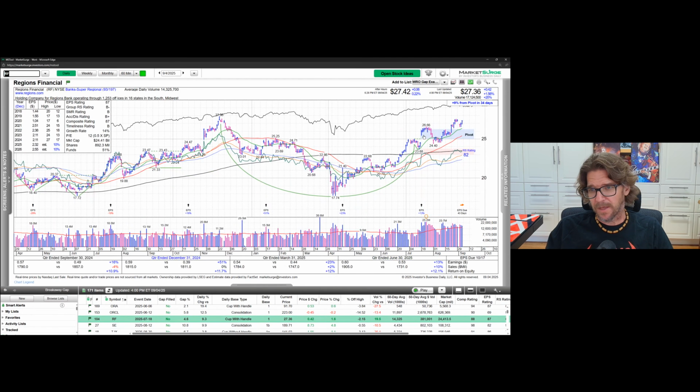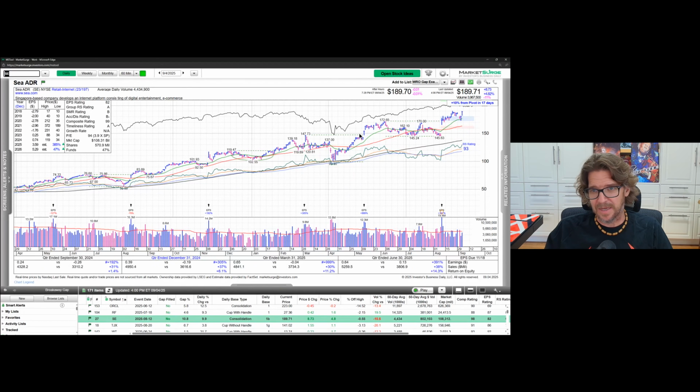RF. This one just fizzles. So sometimes the gap is fine and you don't know that it's going to fail, and it starts giving you signs on this day. Really on this day, that round trip and closing that part of the gap there without really making a lot of progress is telling you it's just not ready. And yes, it did go higher, but